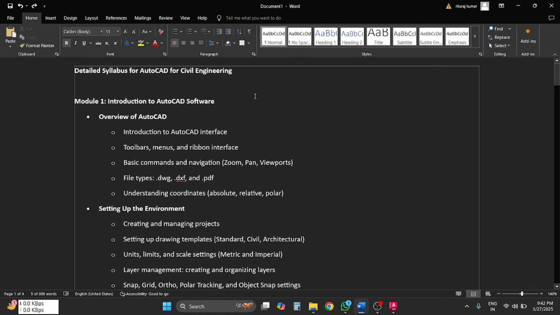Then it is the first module, that is Introduction to the AutoCAD software, in which we will see the interface, toolbars, menu bars, and ribbon interface, command bar, and so on. The basic command and navigation in the AutoCAD. What are the types of files in AutoCAD that will be saved in our system? Means the drawing will be saved in DWG format, DXF format, and PDF format. You all are aware of the PDF format, but these two we will see in the upcoming lectures and understand